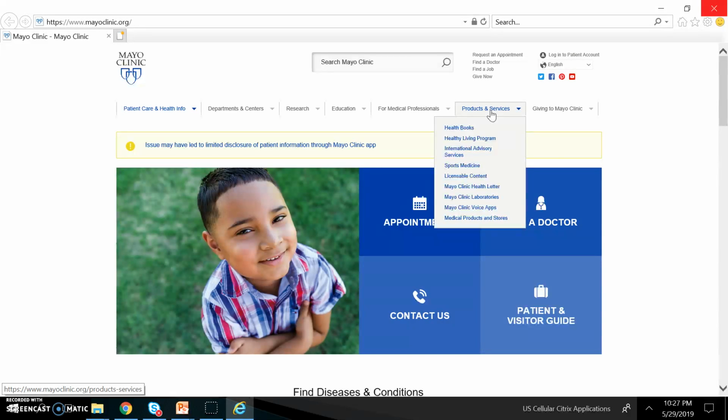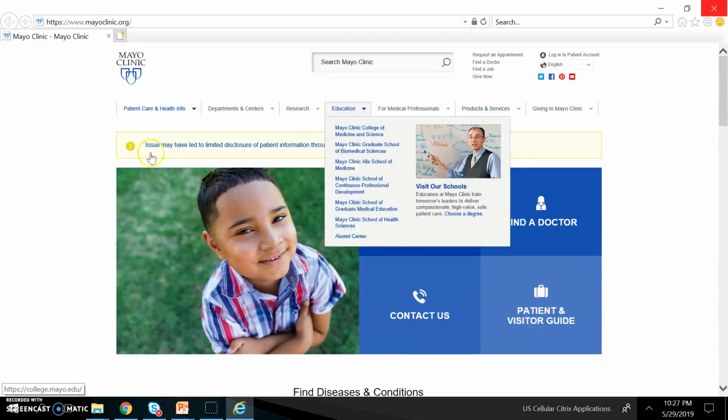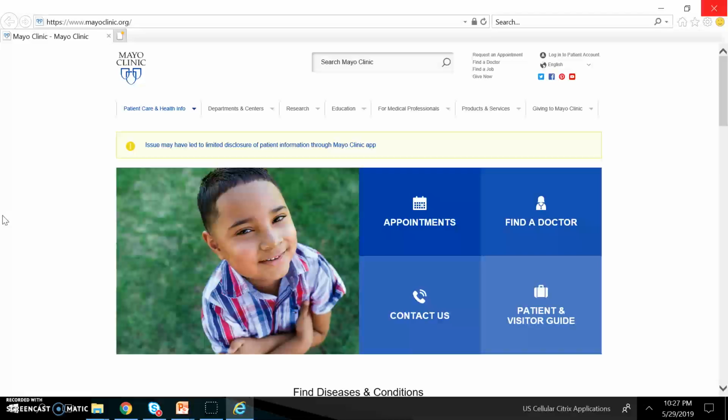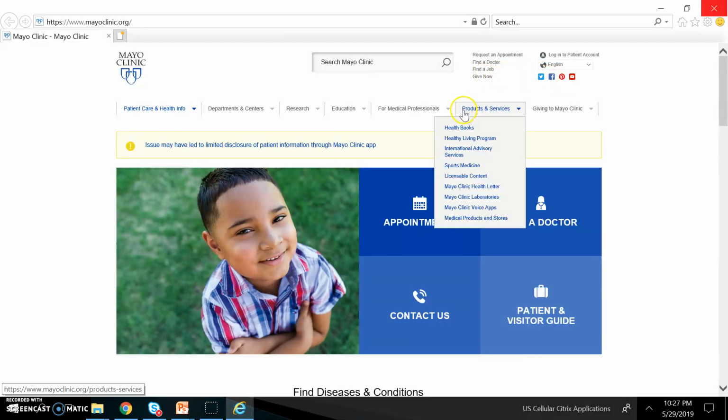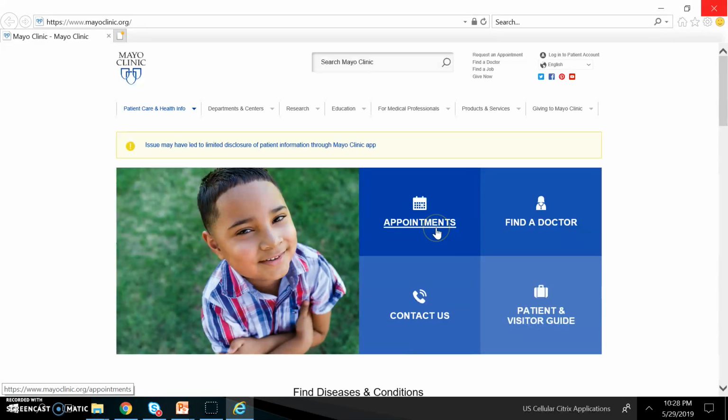And like we highlighted from that quote from our Module 6 information, we want the website to be very simple, very simplistic, because we have a brief moment to grab our viewers' attention. So if we have all this text popping up right away, it's really busy. So instead, we get this nice clean space with the white and the blue. And even on the top right here, we can request an appointment, find a doctor, find a job, give now. All these interactive tools help and draw attention to these various areas where we can click on the website to